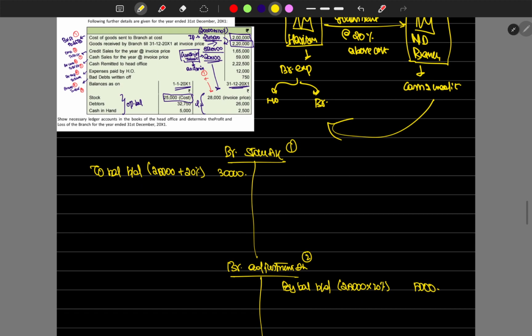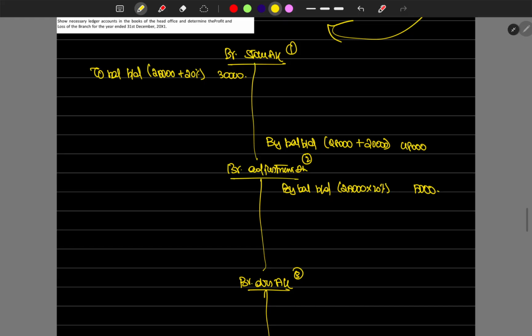Next entry, the first entry, which is debtors. Sorry, now we have to fill the closing balance by balance brought down, which is given in the question 28,000, but we also have 20,000 in goods in transit, right? So it comes to 48,000 as closing branch stock. Now to balance carried down, which is 48,000 into 20%, which is the loaded